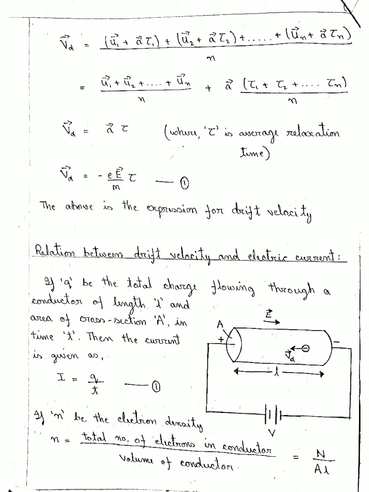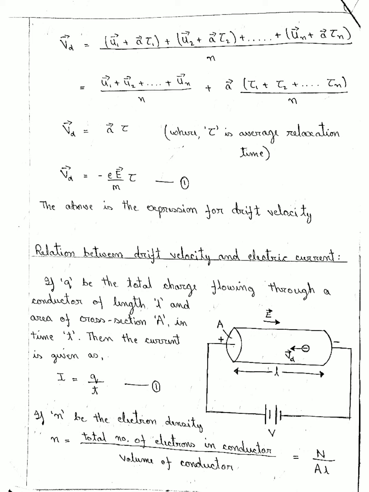This is in one group. Then the tau1, tau2, tau3, tau n in another group. So we have plus a, which is common, same for all the free electrons. Then tau1 plus tau2 plus dot dot plus tau n divided by n. And since we know this average terminal velocity is 0, so here we have Vd to be equal to a